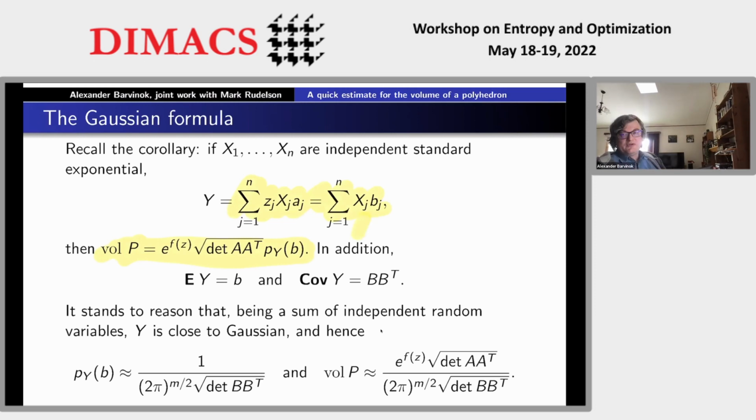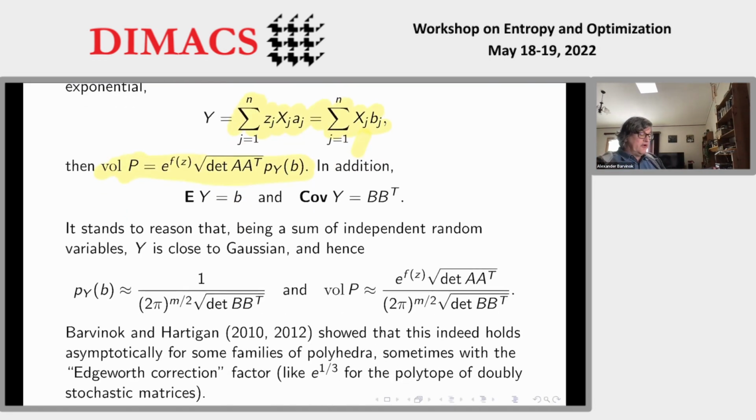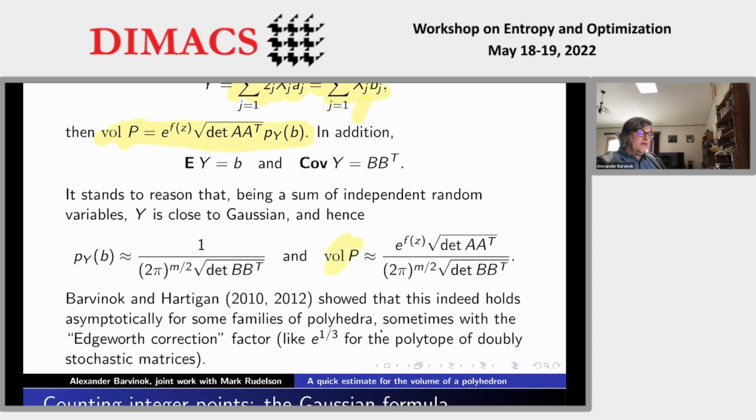Because, or close to Gaussian, because we are adding many independent random variables. And if they are reasonably scaled with respect to each other, then we get close to Gaussian. And so we get this formula for the volume. And indeed, in the paper with John Hartigan 10 years ago, we showed that this formula holds asymptotically for various